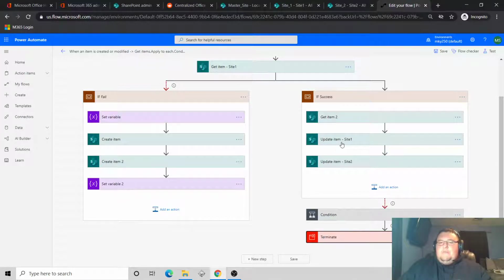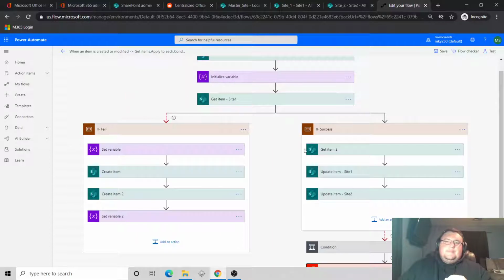So you would delete an item from site 1, delete an item from site 2. If you have 10 sites with 10 lists, then you're going to replicate this step 10 times, as well as this get item step. You've got to replicate that too. But I'll go into that here in a minute. Alright, so